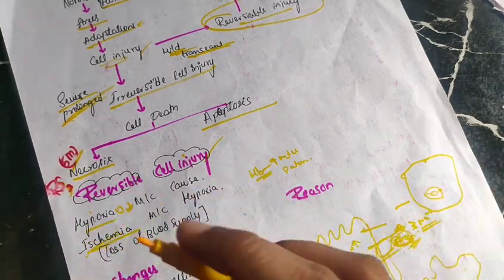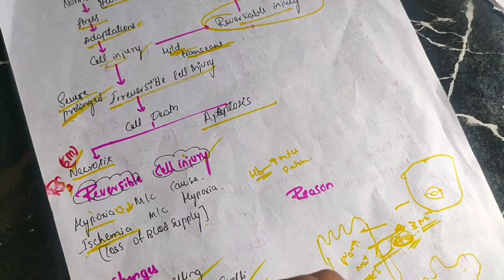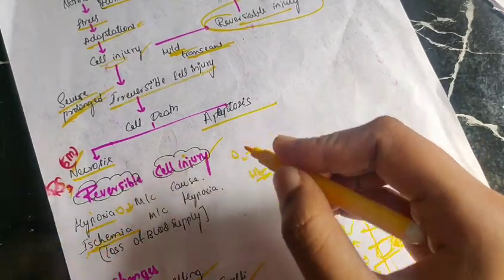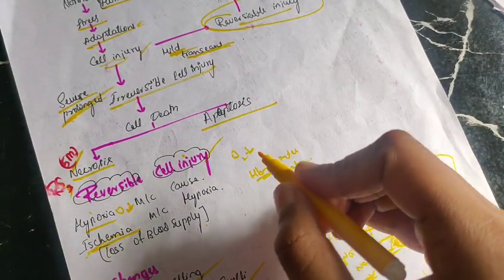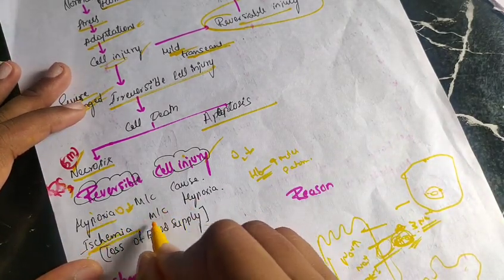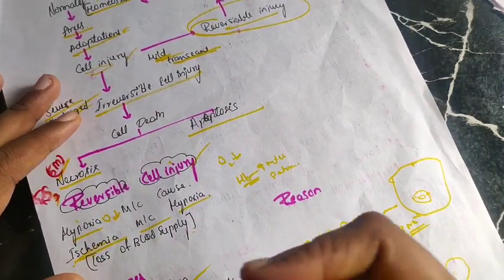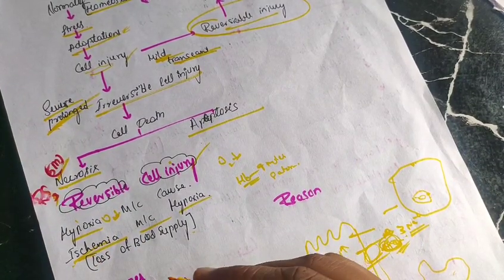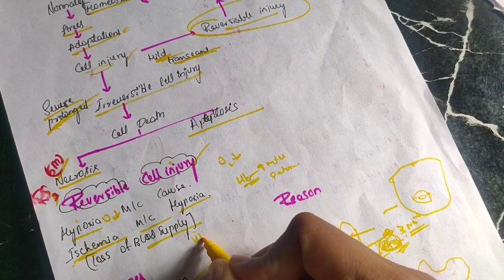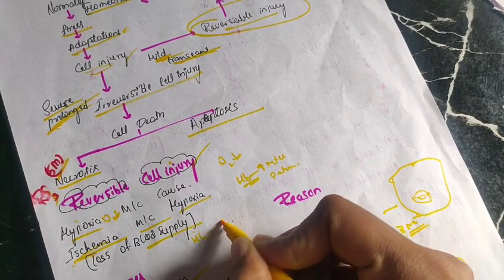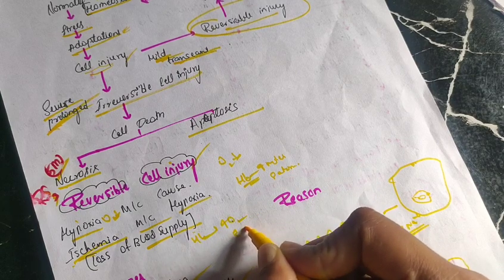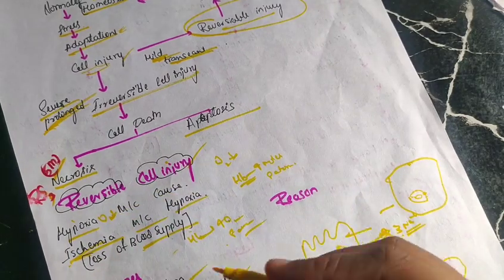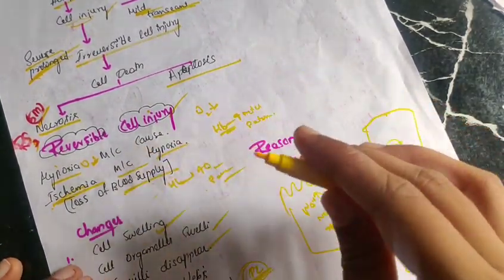In any cell injury, the most common cause will be hypoxia. Hypoxia means decrease in tissue perfusion, that means the oxygen supply to the tissue will be decreased. The most common cause for this hypoxia will be ischemia. Ischemia means loss of blood supply to the particular tissue. Blood has hemoglobin. Hemoglobin carries oxygen molecules, that is 4 molecules of oxygen, or 8 atoms of oxygen. So if there is loss of blood supply, oxygen supply to the tissue is decreased. These two are important questions from the MCQ point of view.